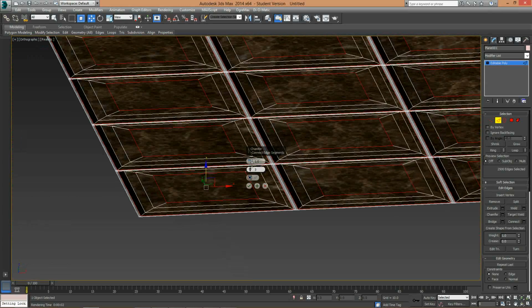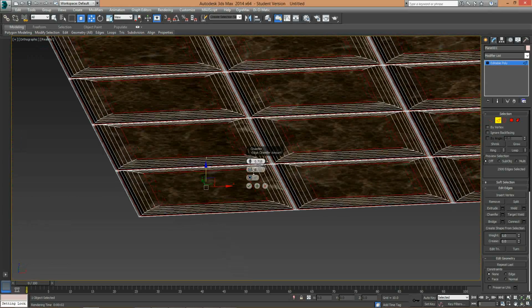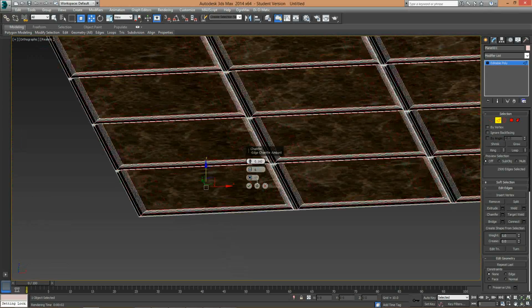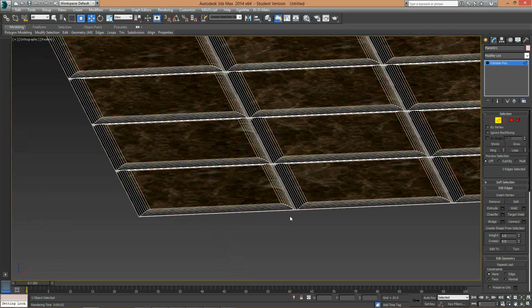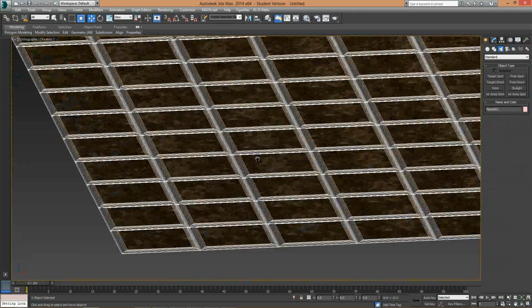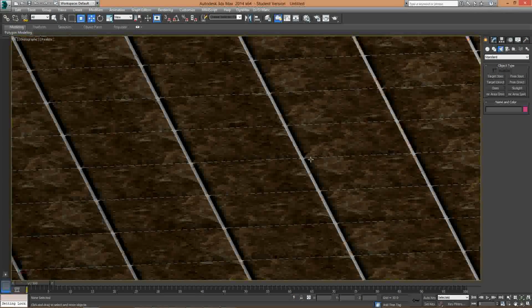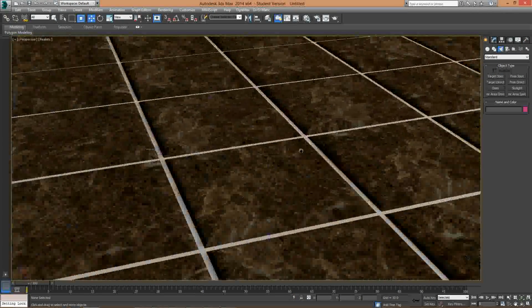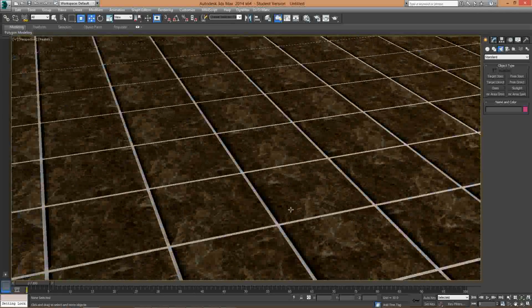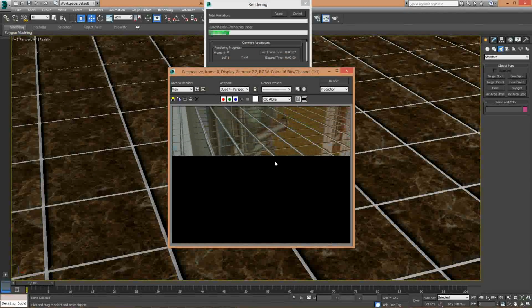What chamfer does is it can give you some smooth segments around each point. So this is just another way of making it smooth between each tile. There's so many different types of tiles you can get. Just get perspective here. And you can see that each of these tiles now are really smooth around the edges. We can get some really cool